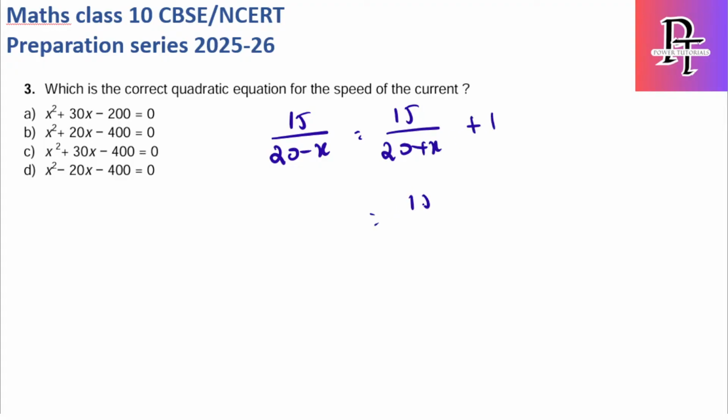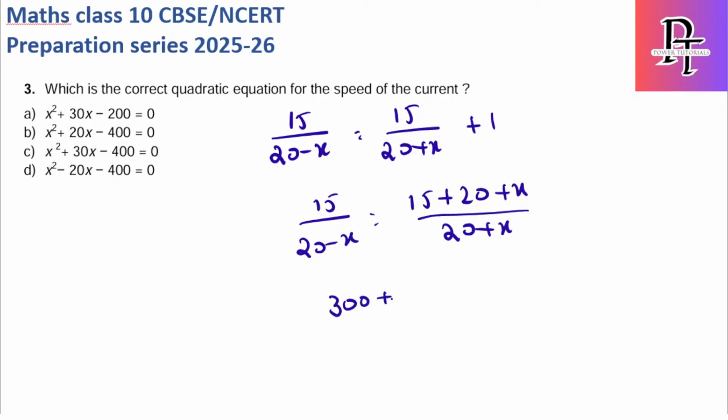Okay, so this becomes 15 into 20 plus x plus x by 15 into 20 minus x. So this becomes 300 plus 15x is equal to 300 minus 15x plus 400 minus 20x